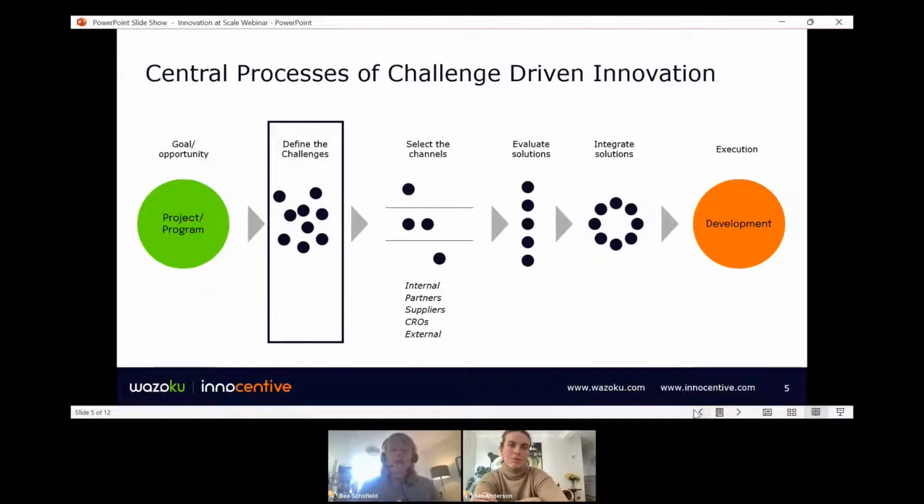It's supported by the organisation, so there's a chance that it's going to go through and that funding will be approved. And most importantly, that it's owned, that there is someone or a group of people willing to take that solution through. So that's how we're thinking about challenges and what makes a good challenge.